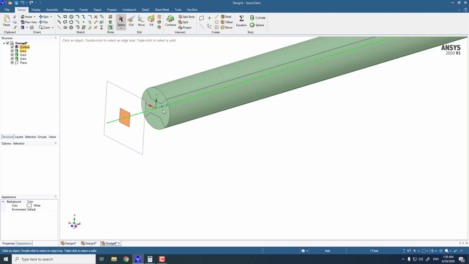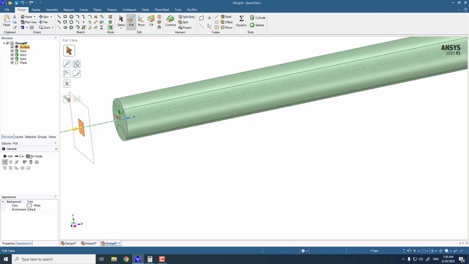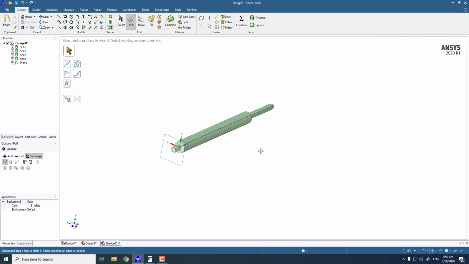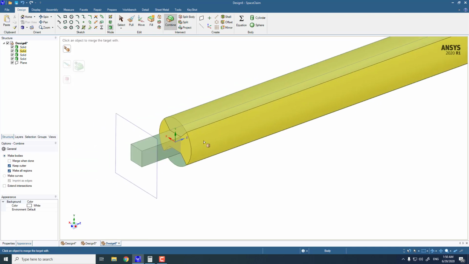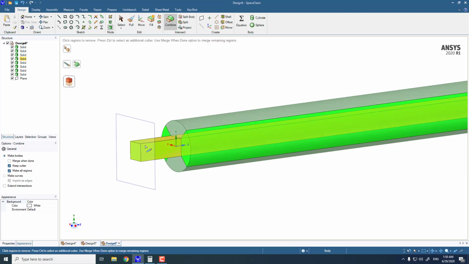And the last thing is that I'm going to divide this remaining part into 3 parts. So the first part will be in the center and 2 parts will be on the side. So again I will be pulling this geometry, again no merge, along the cylinder length, and then I'm going to use the combine command and select the remaining geometry here, this one and this geometry here, and also remove the geometry from the screen in this way.